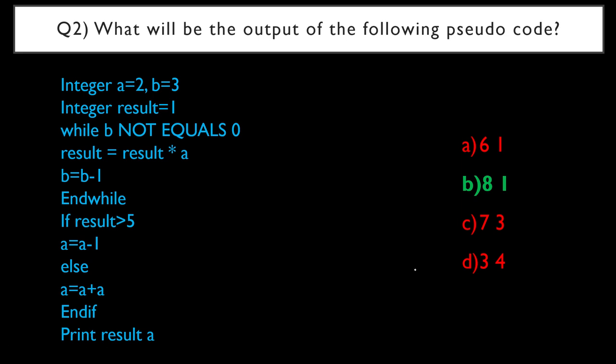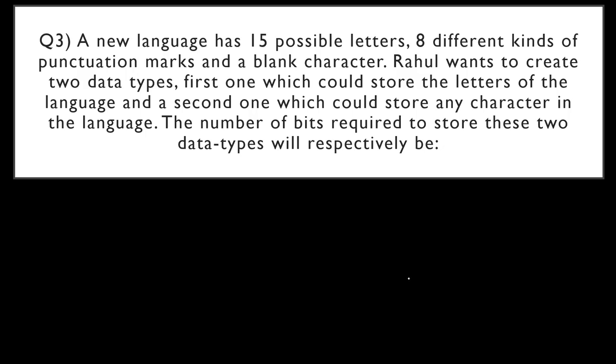Now the next question that we are going to take is a little bit different for you. So this is the third question. A new language has 15 possible letters. It is a new language that we are creating. 8 different kinds of punctuation marks and a blank character. Now Rahul wants to create two data types. This question is about